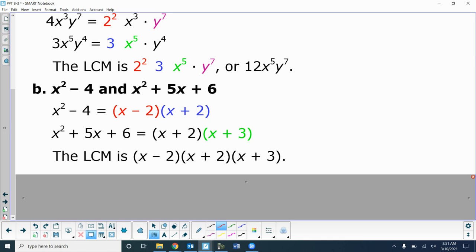Is this making sense? This is what we're going to do. They're going to start putting these as denominators in a problem. We're going to have to factor those. And then we're going to have to write down whatever shows up to make our common denominator. Okay? So,